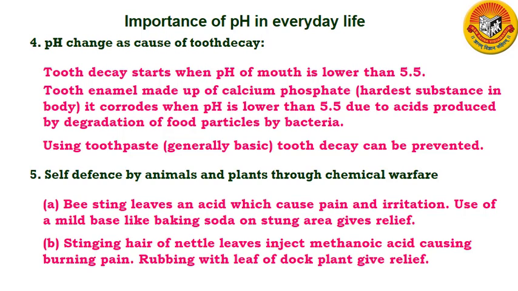So what are the different areas that we covered today? We have covered the definition of acids and bases based on H plus and OH minus concentrations. We have seen what is pH, what is the pH scale. We have seen the universal indicator, how we can measure the strength of acids or bases using the universal indicator, using the pH value. And lastly, we have seen the importance of pH in everyday life.